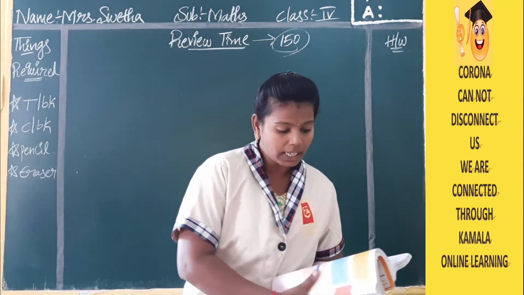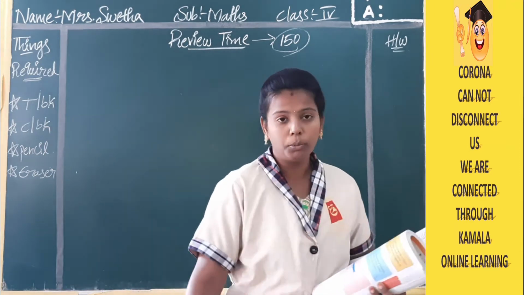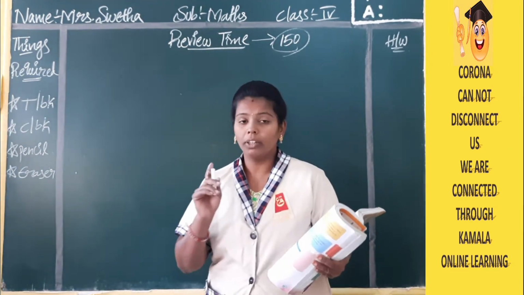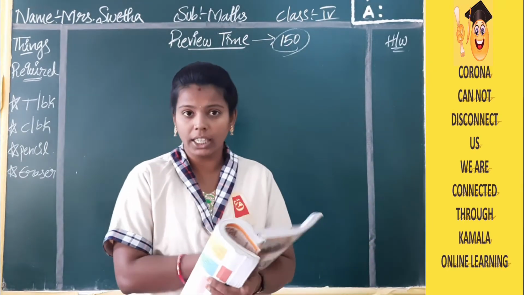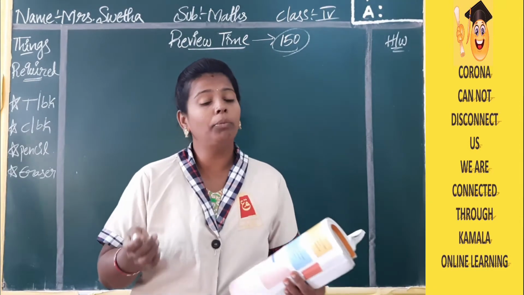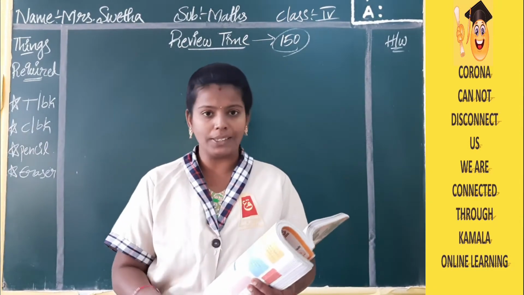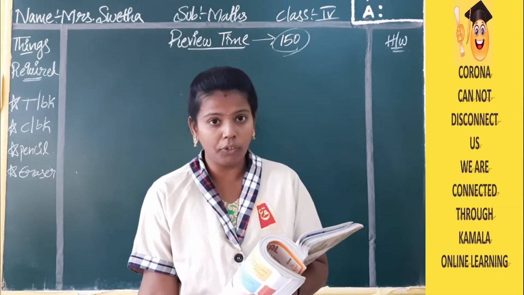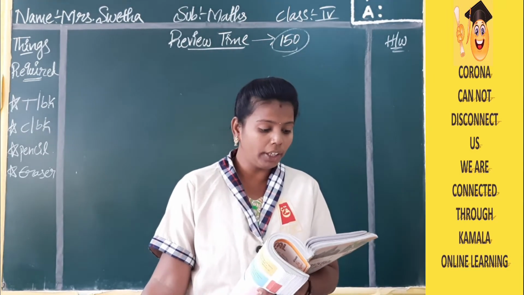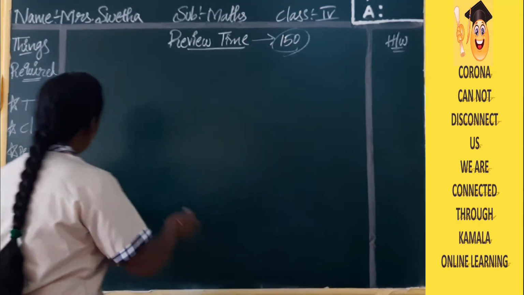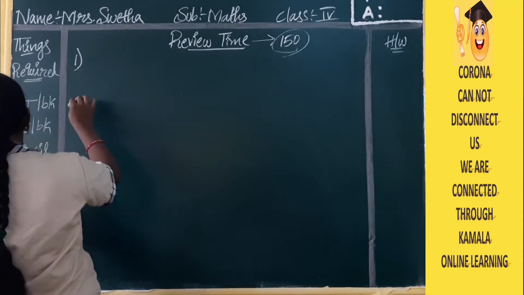As we are starting the review time, you need your term book, class work, pencil and eraser, children. Whatever problems we are doing, we are checking in the term book. If they have given space there to do the complete problem, we will do it there, if not, in the classroom. Now the first bit in our review time is: find the product using the column method. Here they have given the question.